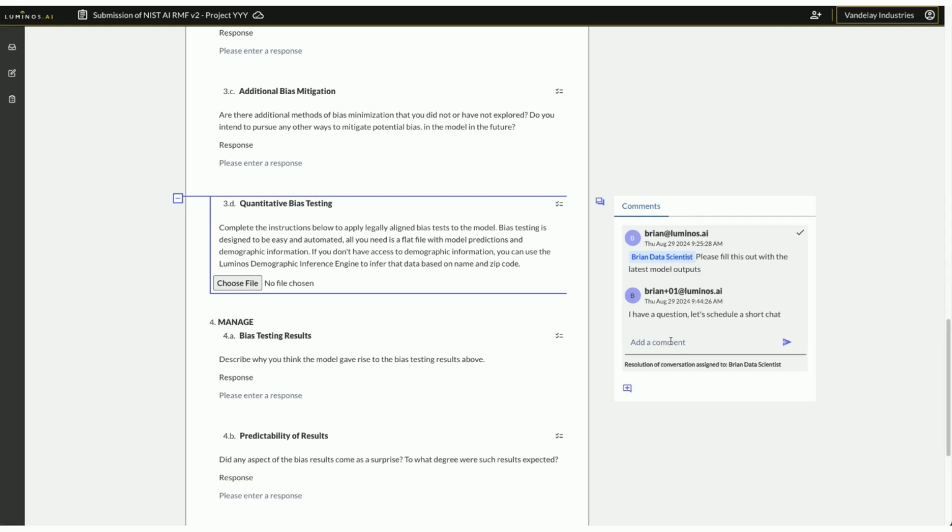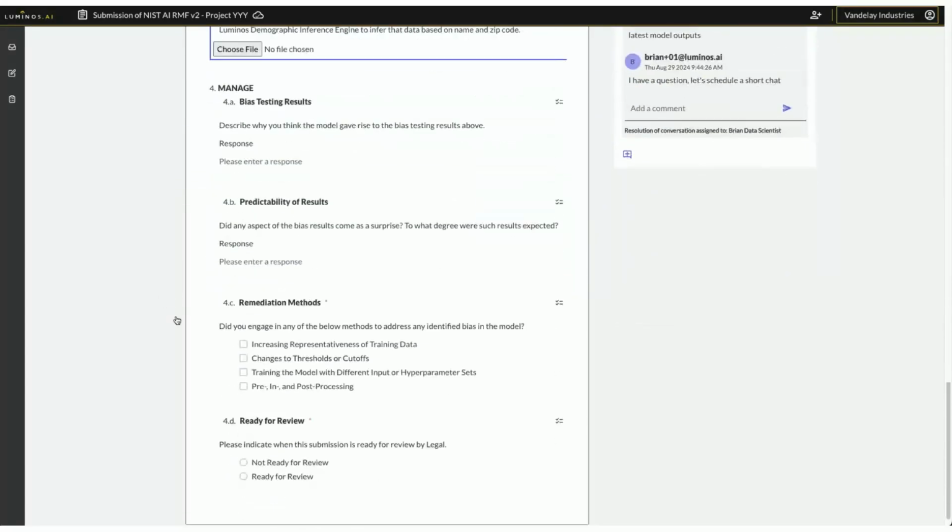You can tag people or you can assign them. When you're done, you can click on the check mark and resolve the conversation, and it drops out of your visibility. You can get it later if you want, but at least the open conversations are the ones shown by default. So we'll explore the bias tester later, but for this video, I'm going to go ahead and fill out some information in this form,